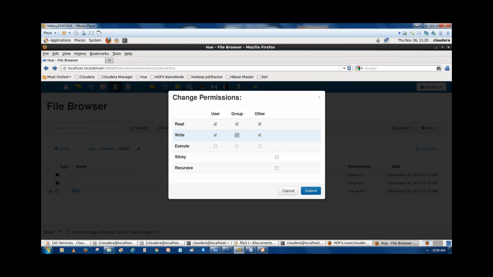Now if you want to assign only read permission to a file, so that anybody can read this file, but nobody is allowed to write and nobody is allowed to execute,